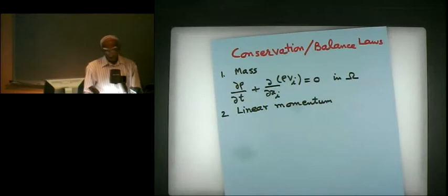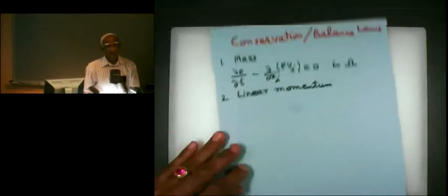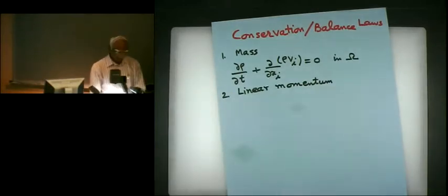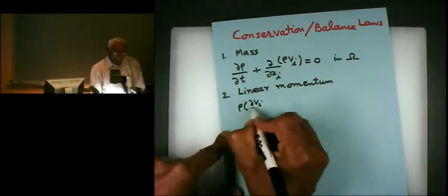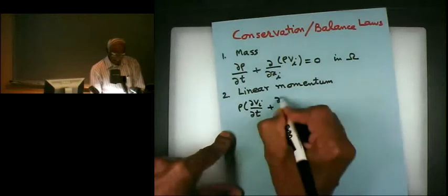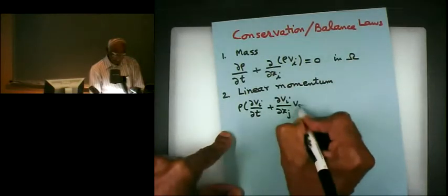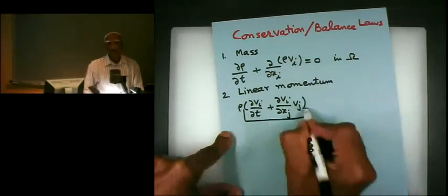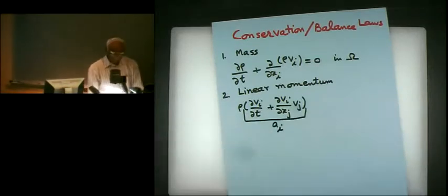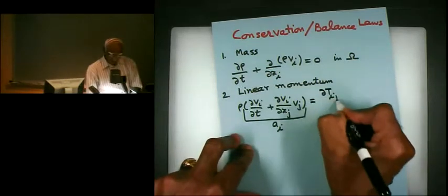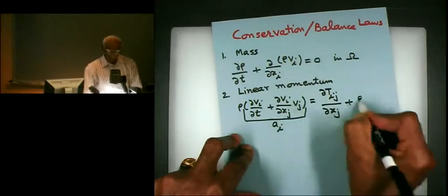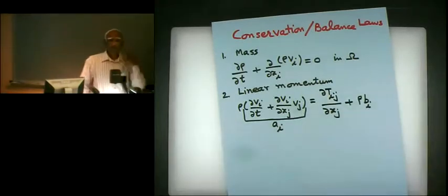And what is meant is you first give us these three equations, which I'm writing now: balance of mass, linear momentum, and then moment of momentum, which will come. So this is ρ ai, where ai is ∂vi/∂t plus ∂vi/∂xj vj. This term is ai, that's the acceleration, equals ∂Tij/∂xj plus ρ bi. I think Mark Kramer likes to use the transpose of what I'm doing, but it's the same thing.